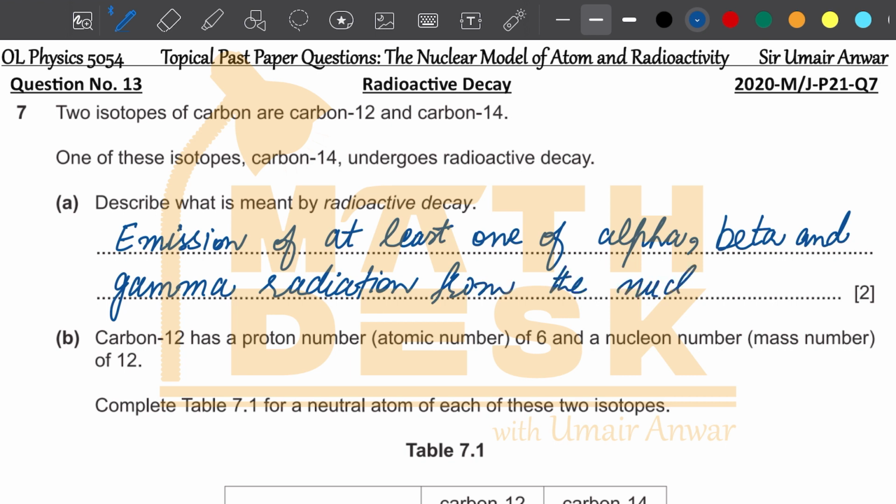So when the nucleus is emitting at least one of these types of radiations, this process is called